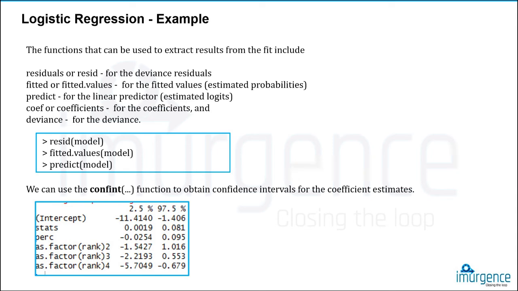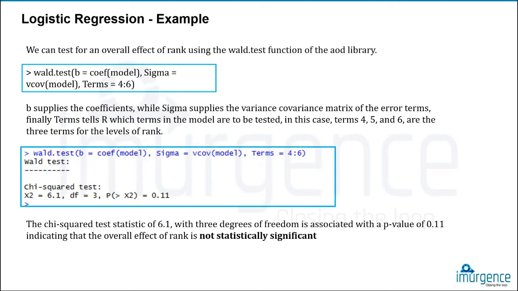So obviously the confidence level is 95. That is why, from 2.5 to 97.5, with 2.5 on the left hand side and 2.5 on the right hand side, you're getting that confidence limit, right? So if you want to do the Wald test independently, we can test for the overall effect of rank